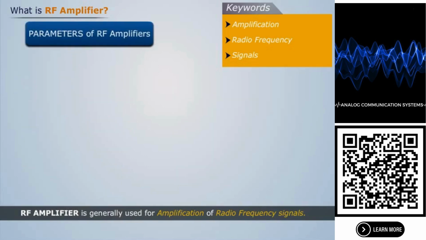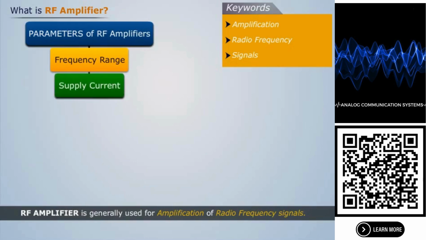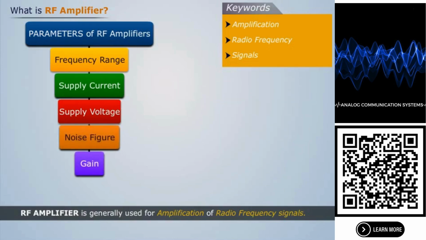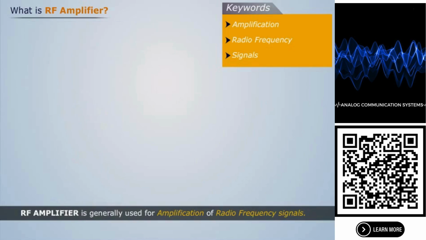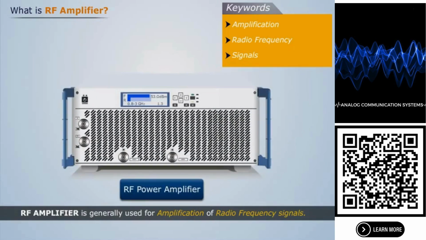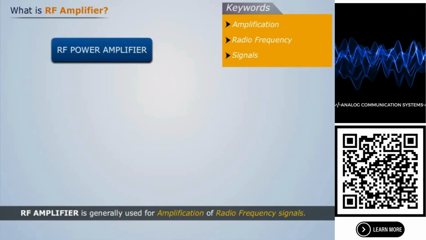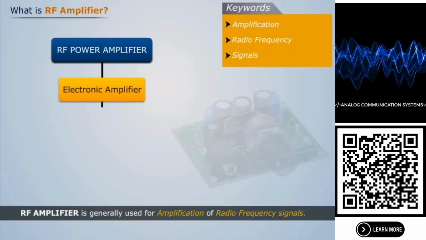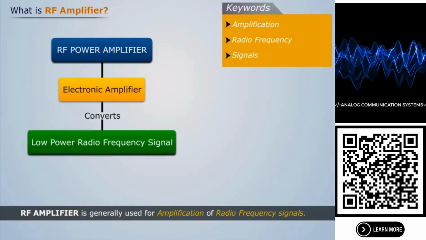Parameters that categorize the different types of RF amplifiers are frequency range, supply current, supply voltage, noise figure, gain, output power. Let's discuss a type of RF amplifier, that is the RF power amplifier. An RF power amplifier is an electronic amplifier which converts a low power radio frequency signal into a large signal